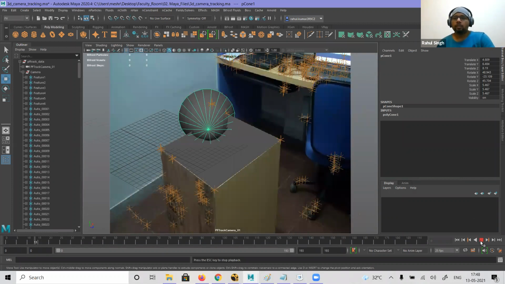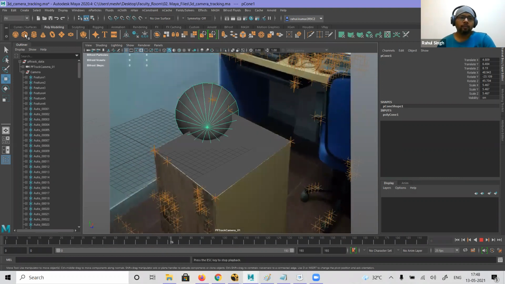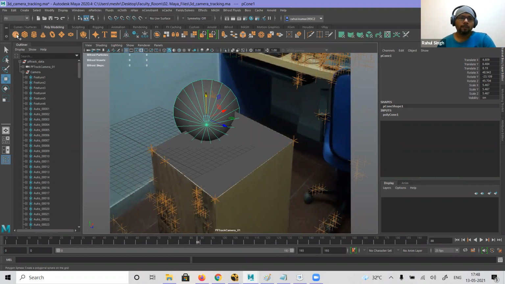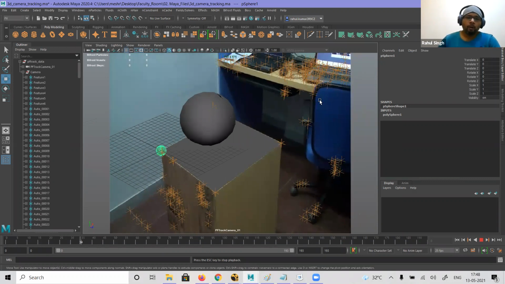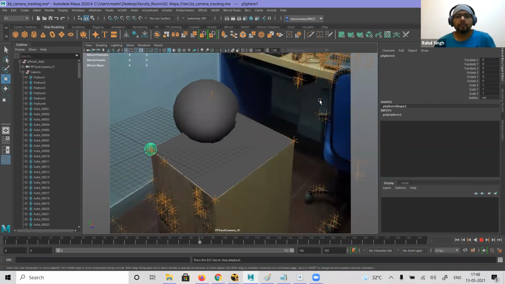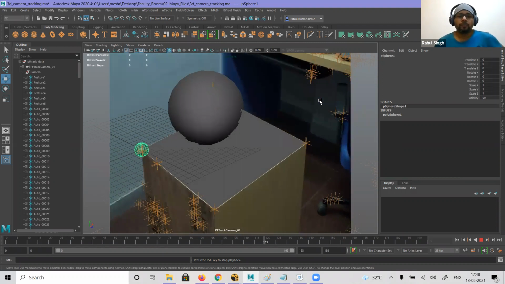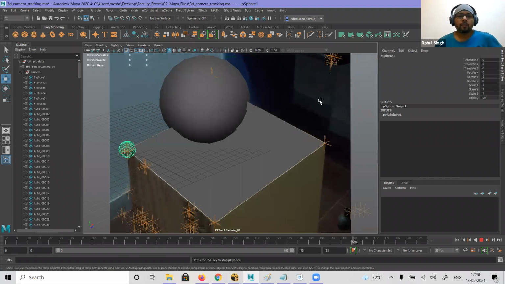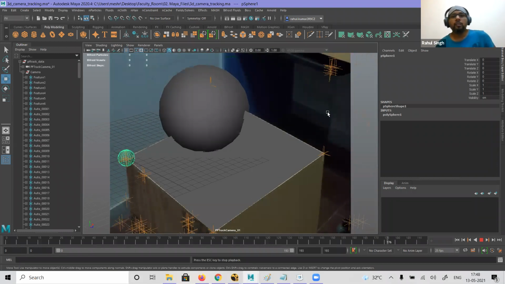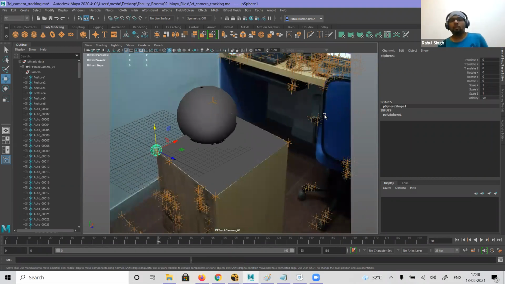Right? So suppose I create a ball or circle which is here, you will find that the ball will be there till the end. It will not move. Okay, so this is what the match move is.